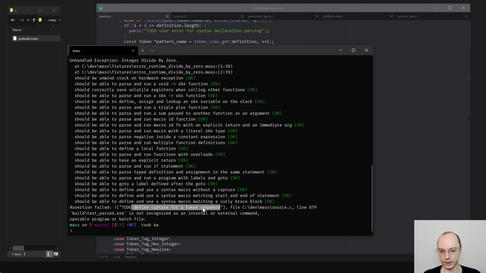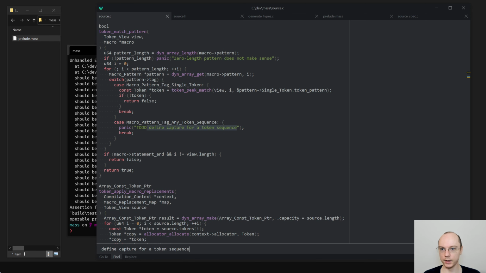Yep, to define capture for token sequence. So we are back here. So how do we want to deal with this stuff? So this match pattern,